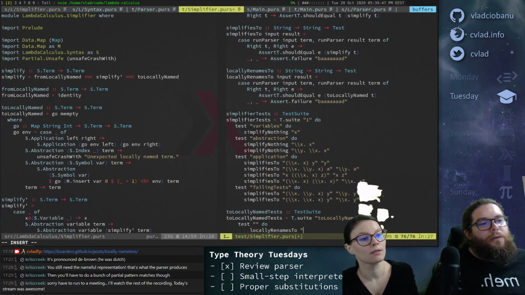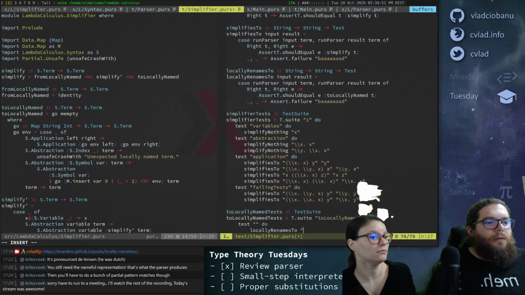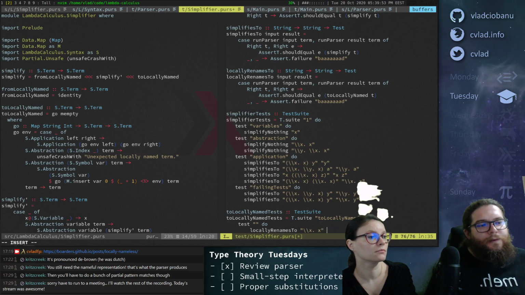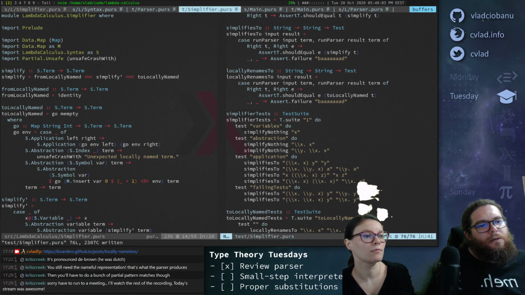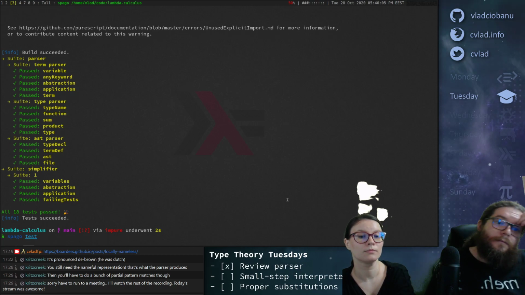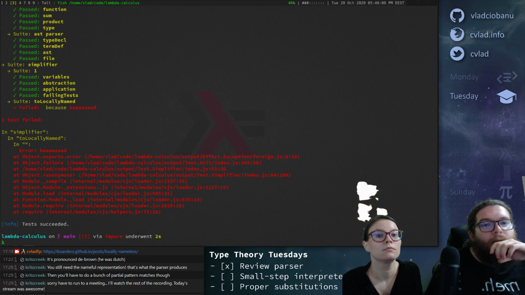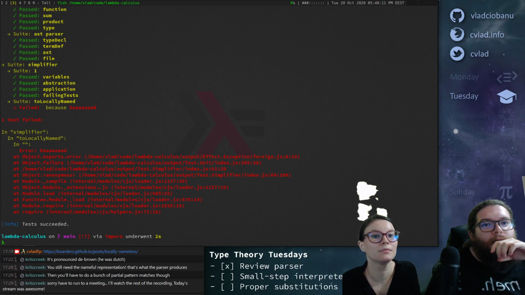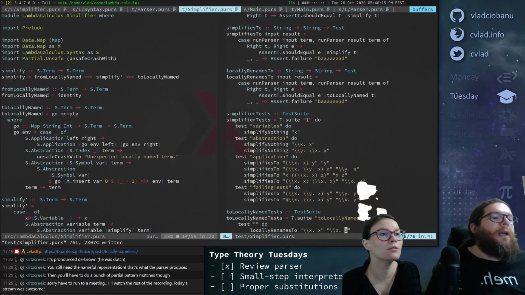Okay, so which example do we want to do? Even x, this is the simplest thing, right? And it should be 0 x, right? No, x is 0. Yeah. Like this. Wait, to locally named. Oh, okay. You know what?